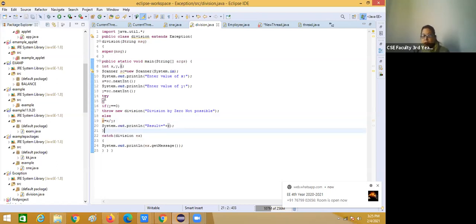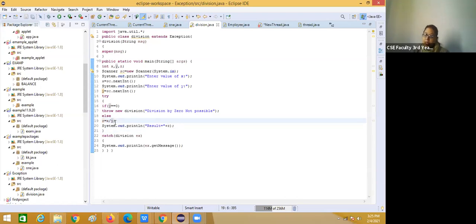So that means if you run this program, when you give 5 by 4 or 3 by 2, that program will run. But when you give x by 0, as 5 by 0, it will not run. In that case it will give us a throw, here it is a message, the exception message.